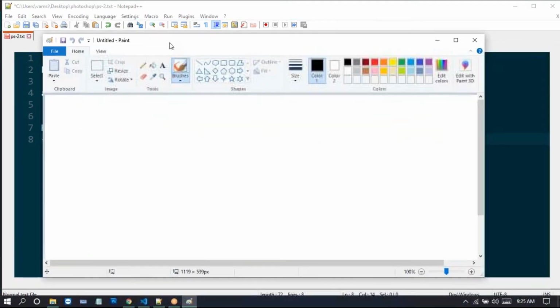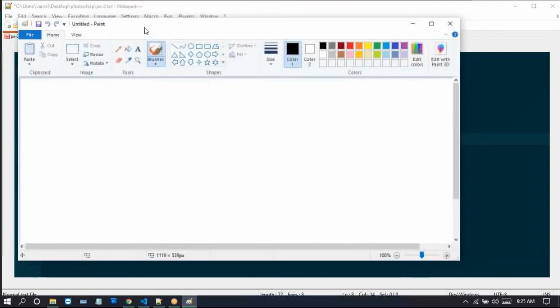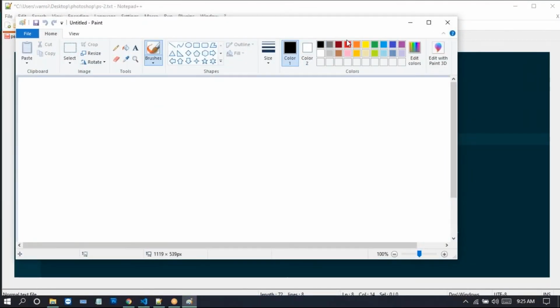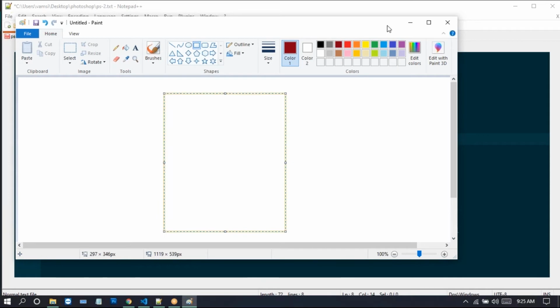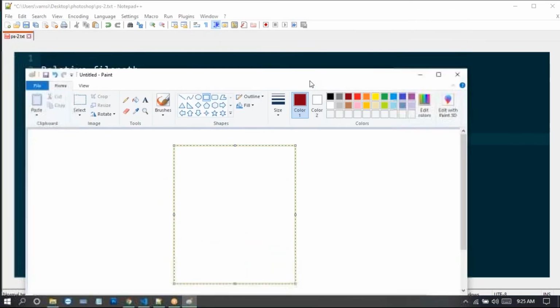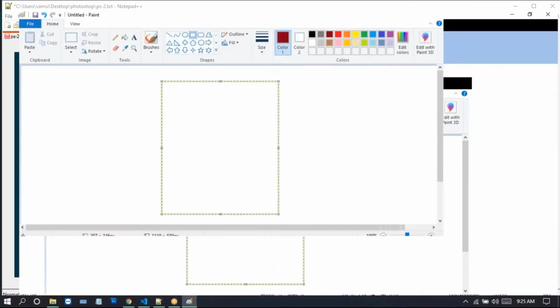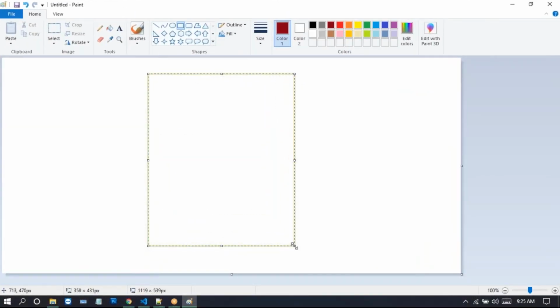How the layout will follow: I'm not sure whether the exact HTML layout follows the same, so this is one version. I'm selecting this rectangle box, drawing this one, and increasing the size.